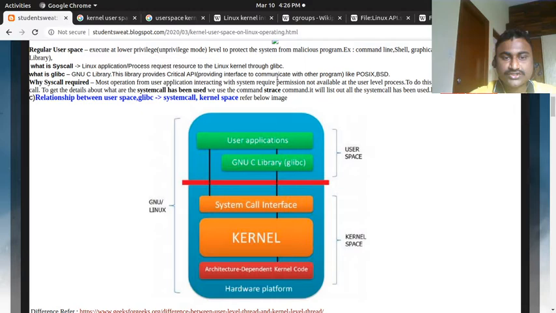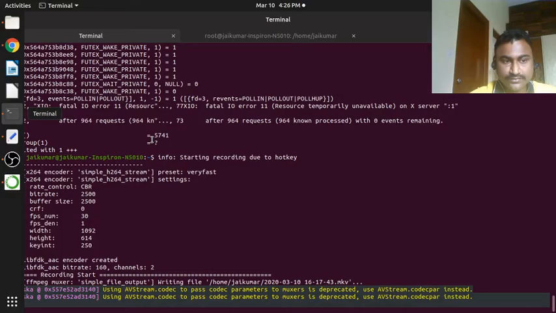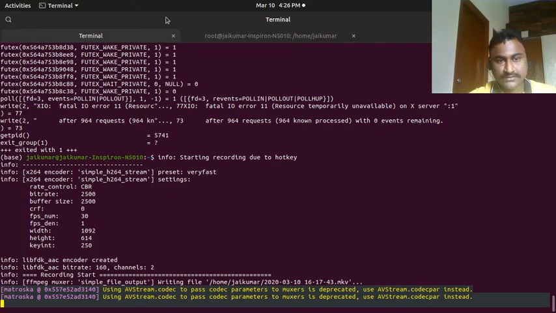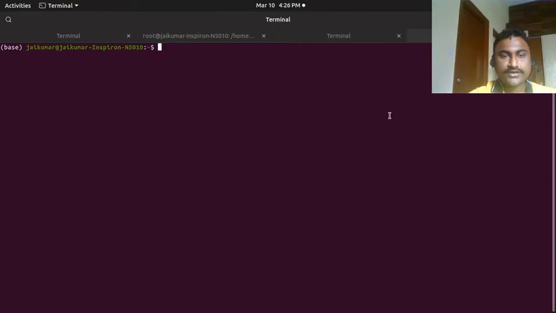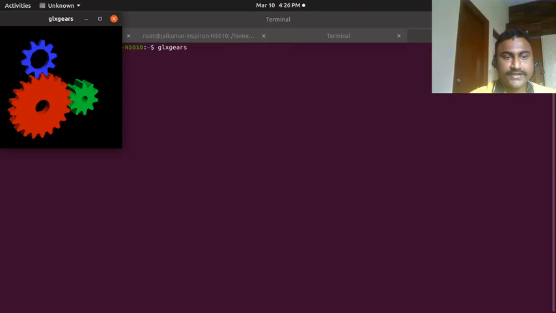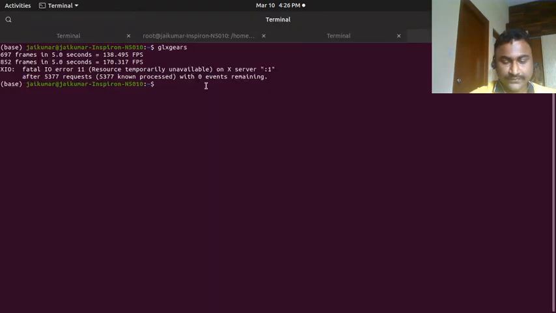Let me explain through a command, you will get a little bit clearer idea. Just look here, this is a very important thing. See here, glxgears. We are getting a gear icon, and it is rotating. As an end user we are just seeing this, but how does it really work? What libraries is it using?